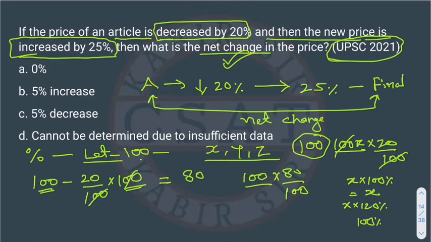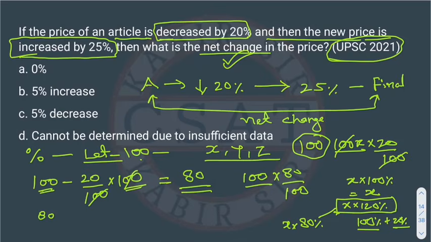like 100% plus 20%. 100% will remain same, right? Then 20%. So we can directly write it like this. And if you are talking about decreasing, then we can directly write X into, if there is a decrease of 20%, 80%. So here we are doing directly. So the price is 80 rupees. Now this 80 rupees price,